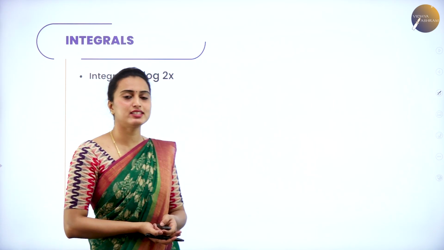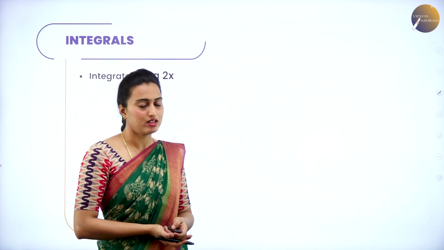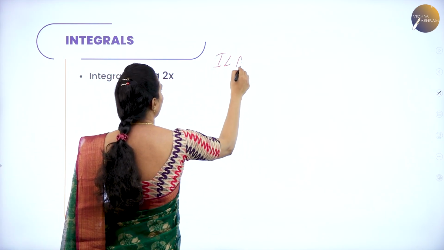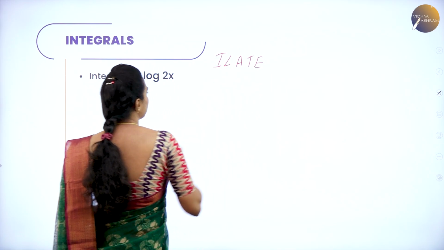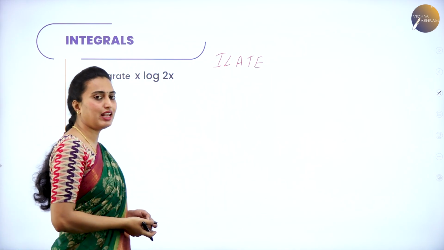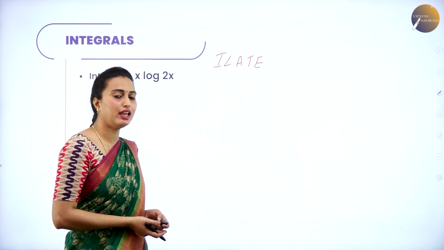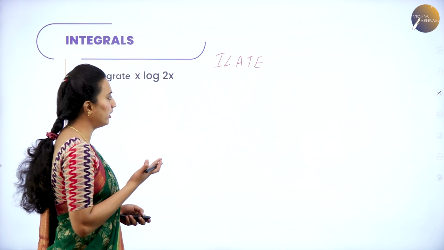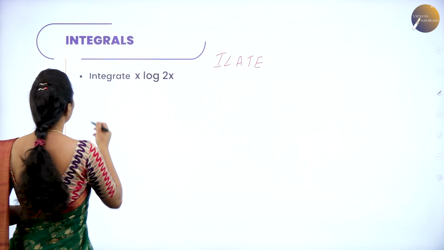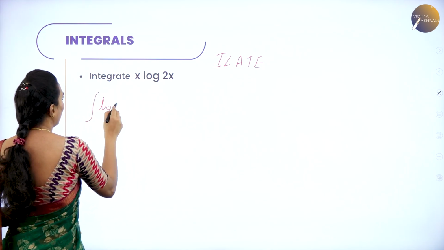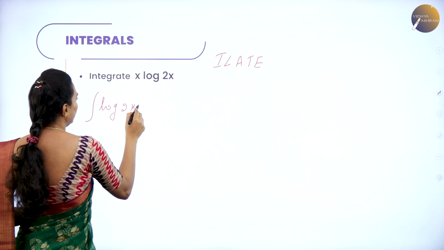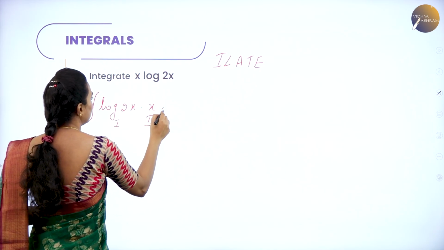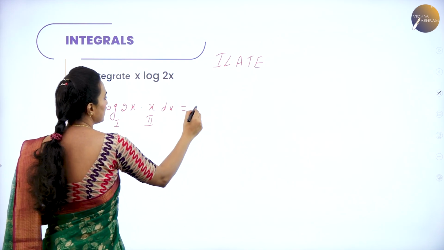What they have given? x into log 2x. Now let me write like iLearn rule. Here also you can find out that x is nothing but the algebraic and log 2x is nothing but the logarithmic. So first you need to select logarithmic according to the iLearn rule. So therefore let me write accordingly log 2x into x. So here first function, this is second function into dx,